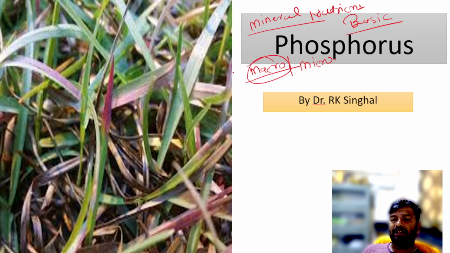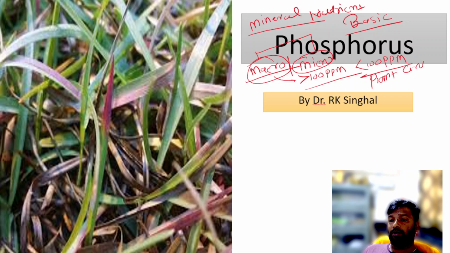Macronutrients are the nutrients required in more than 100 ppm concentration, and micronutrients have less than 100 ppm concentration. However, both these nutrients are equally important for plant growth and development. Okay. We also discussed in the last lectures the transport pathway of mineral nutrients, where we discussed that